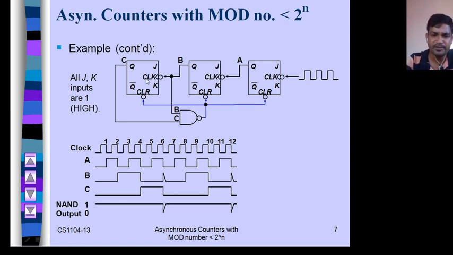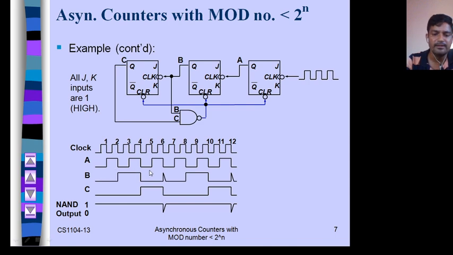Now what is happening? This is 0, this is 1, this is 1, mod 6, 110. Initially, I am using negative edge. First it will go to A, the output of this, and it will toggle after every clock pulse. No problem. After it is toggling, 0. Now the output of this is the input of this. Now for B, it is initially 0, then it will toggle.